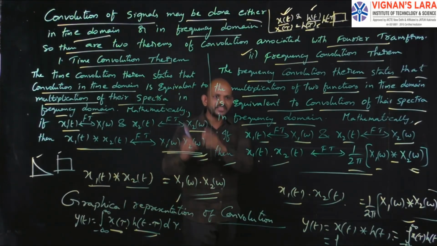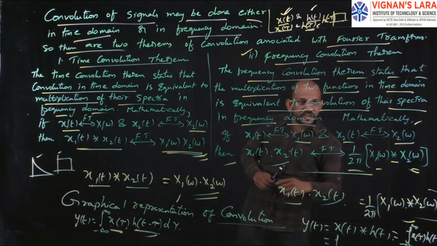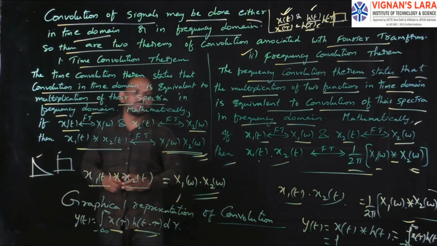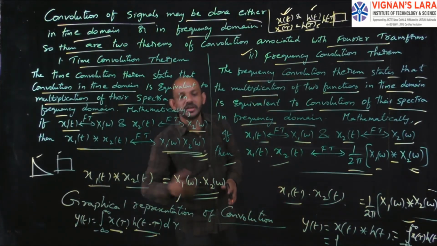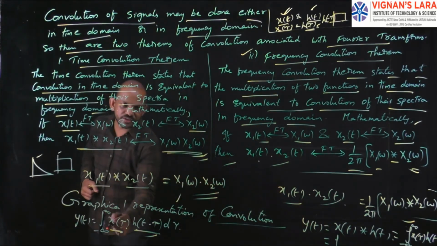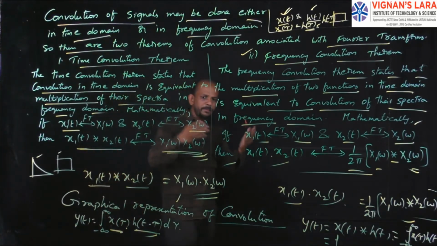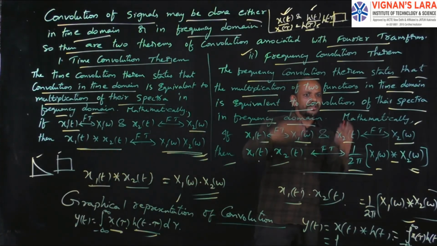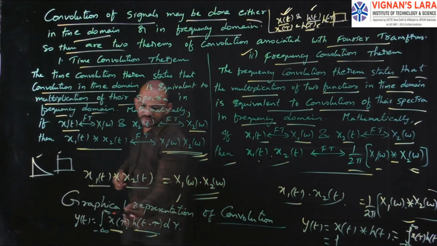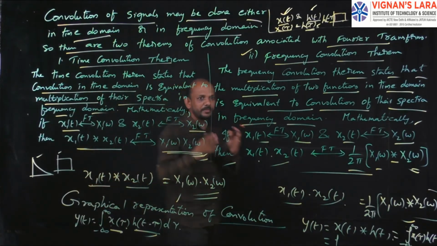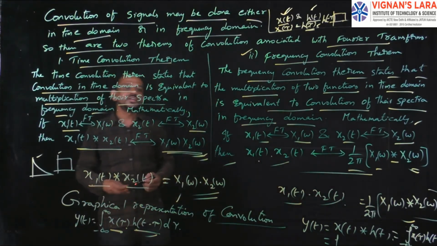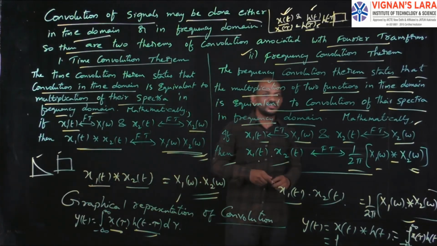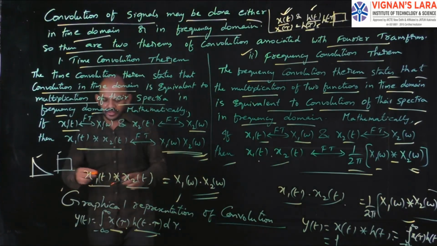Then keep x of tau as it is and go for the shifted version of h of minus tau as h of t minus tau. Draw the diagram of h of t minus tau. Then finally you get the diagrams of x of tau and h of t minus tau. Now you have to perform the integration with some limits. So perform the multiplication, and you get a combined diagram of x of tau and h of t minus tau. There the combined region of these two will be the limits of the integration. So apply the limits and solve the equation, and you will get the answer. This is the procedure to perform convolution using the graphical method.